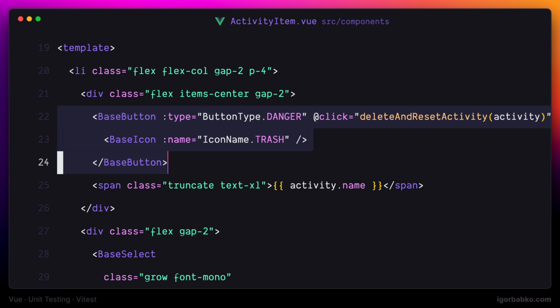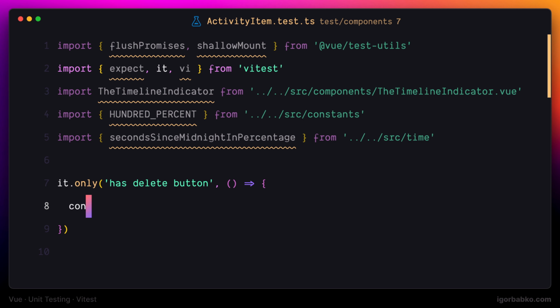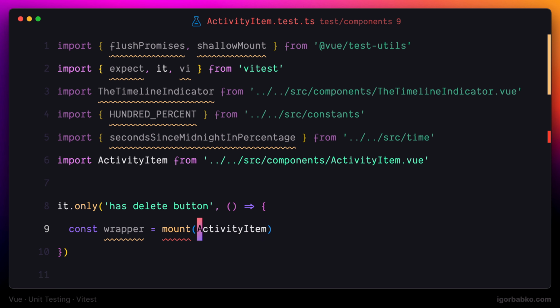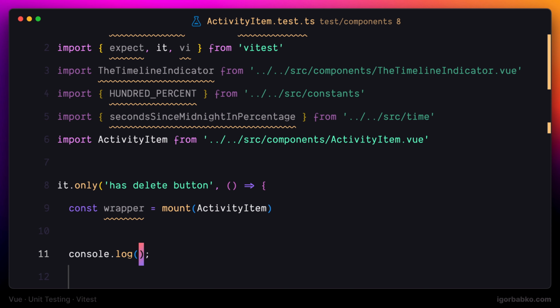It is represented by base button component. So we can check that it has a proper type as well as proper icon, which in this case is a trash icon. Before writing any expectations, let's firstly mount the component by using mount function. We have to import activity item component, and then I'm going to print out the whole rendered markup of this